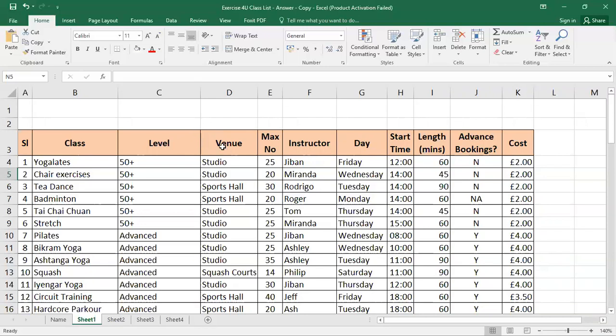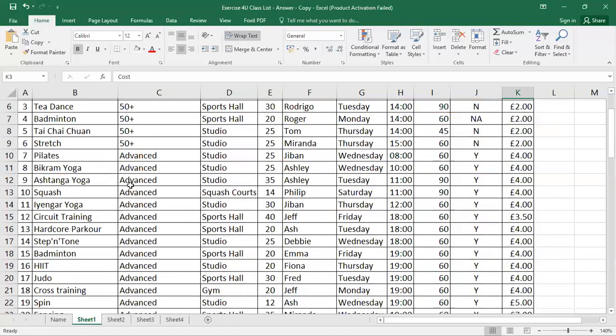It is a level, this is a venue, this is the maximum number of participants, this is the name of the instructor, this is the day when that particular event will happen, this will be the start time, this will be the length of this particular event, and this is a particular column where we see whether the advance booking is needed or not, and here it is the cost of that particular class.